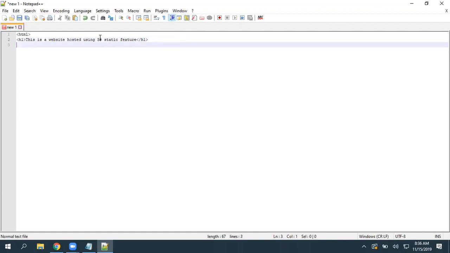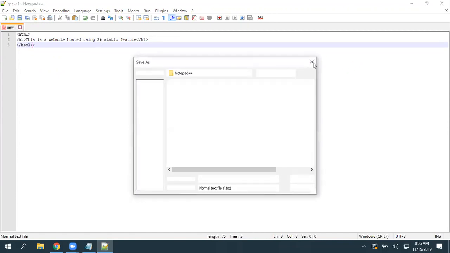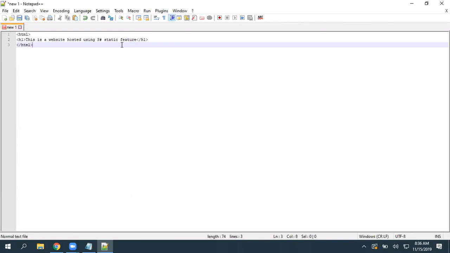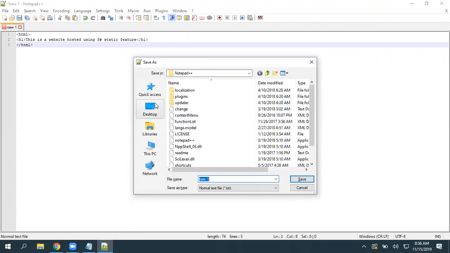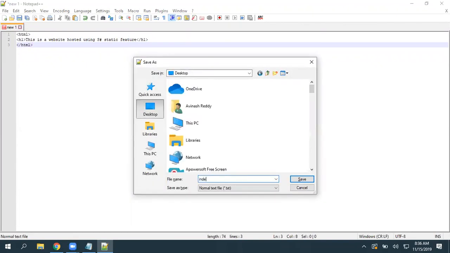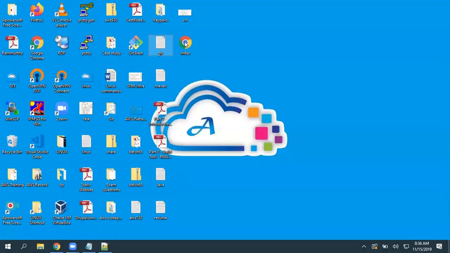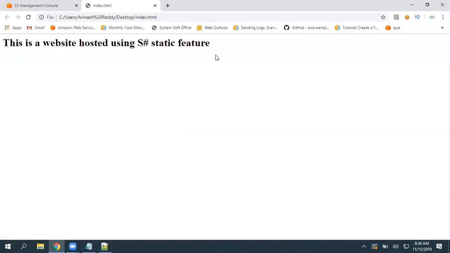Then closing the header. If you want to give a body background color, you can give any, but I'm just closing. I'm going to name this index.html. Here I got index.html, and this is what my output is.